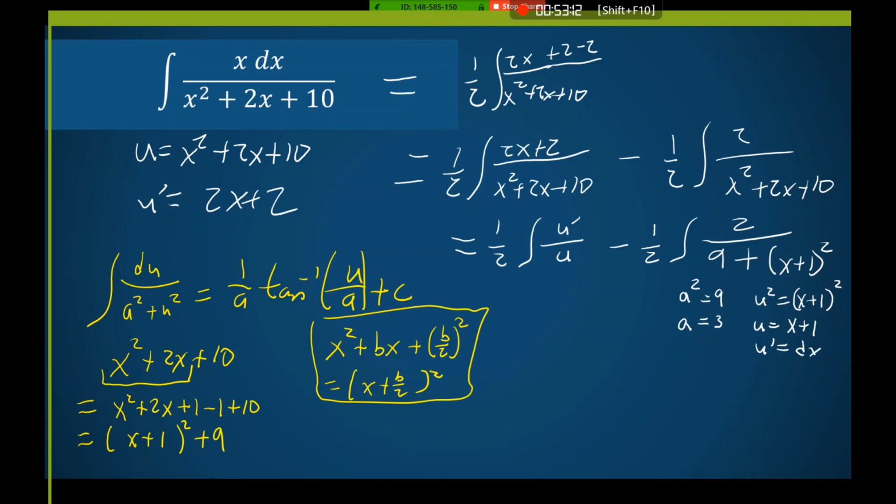Awesome. Okay, so on top I've got 2 right now, so I'm just going to move that 2 out to simplify. So this will be 1/2 times the integral of u prime over u minus, if I move that 2 out, 2 times 1/2 is 1. So that's minus,